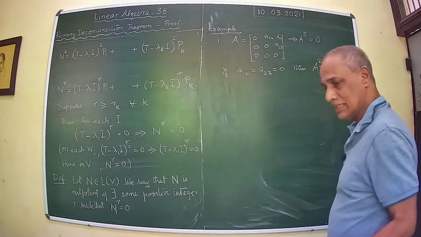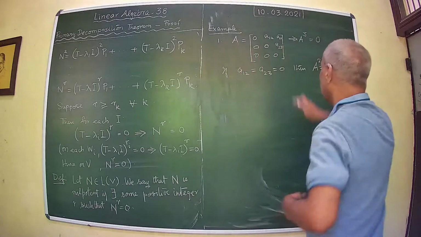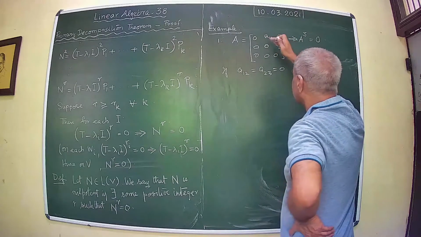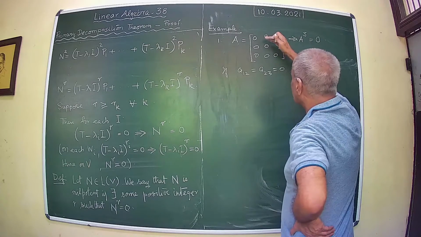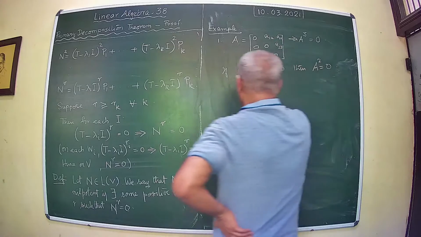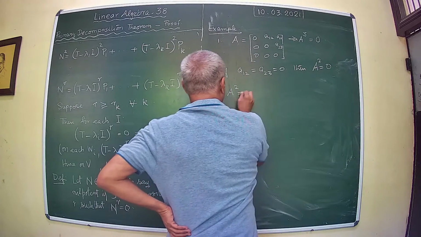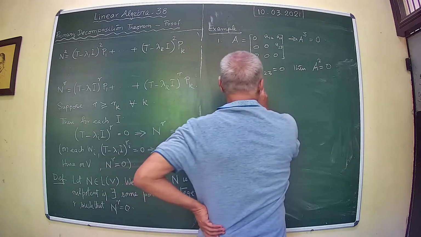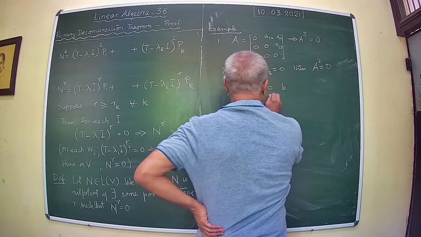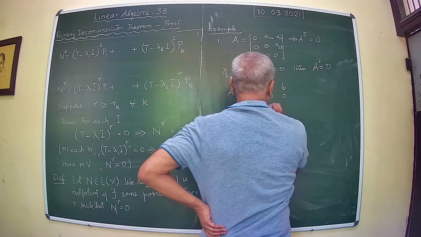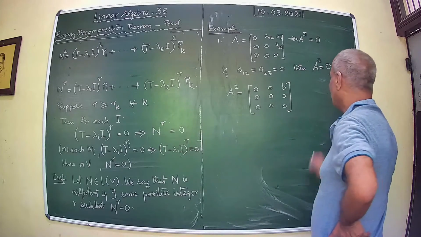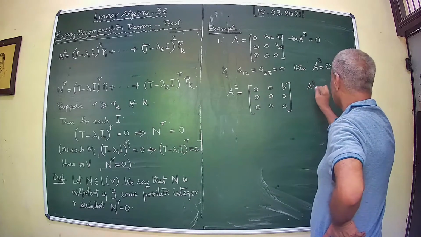You see, one of the interesting features is that you have non-zero integers. Now what happens is when you square it, that is when you take A square it is of the form 0, 0, the whole thing shifts. And now if you take A cube, it will turn out to be